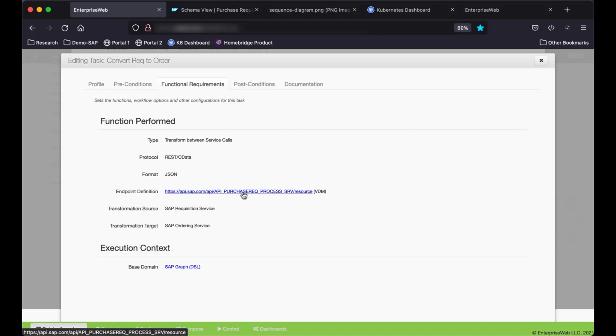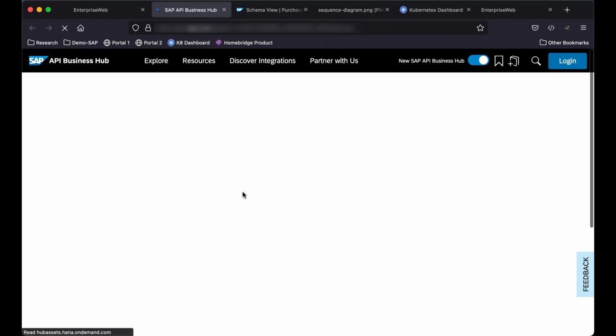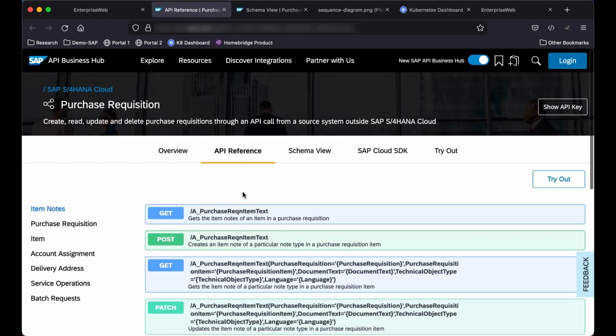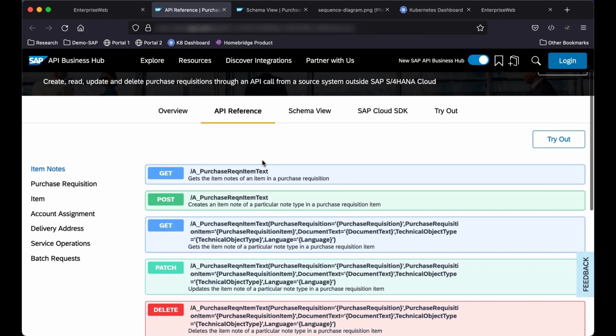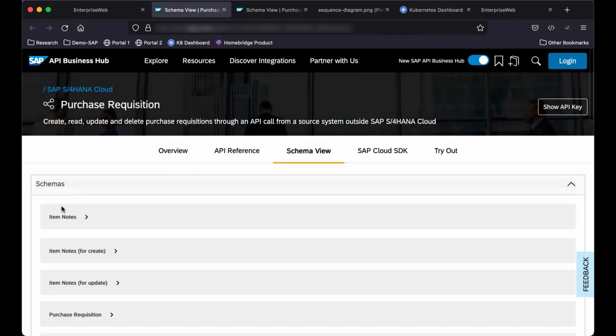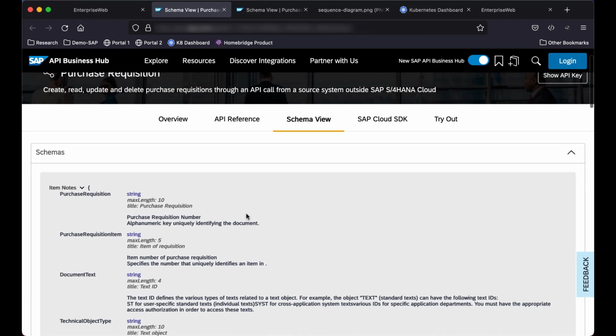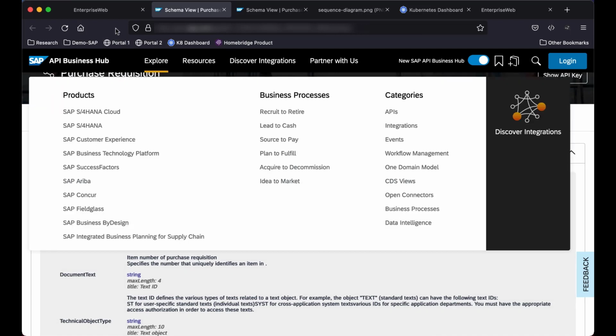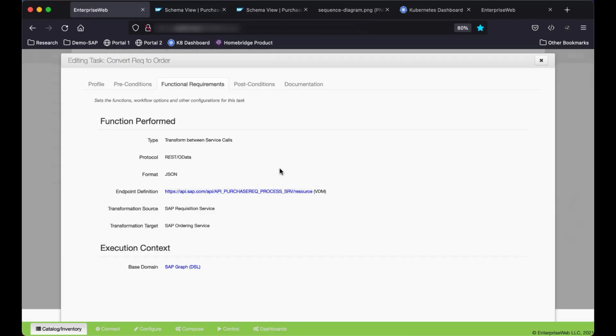We can always go into the actual details that the system used to pull this info, which happens to be one of the SAP endpoints. So we can see it here in the Business Hub. They just call it a VDM. It just happens to be a description of the concrete REST endpoints and the concrete schemas that were underneath. All of this was imported by Enterprise Web for free and is used as the